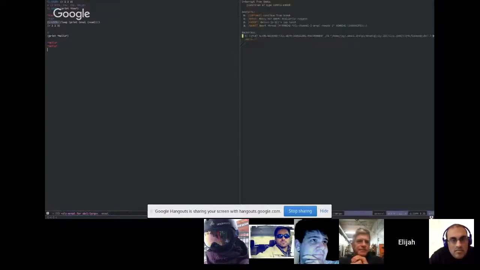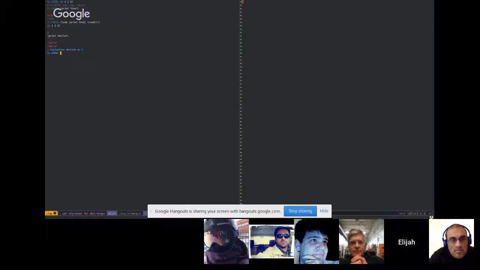Let me break out of that real fast, because remember, it's an infinite loop, and I didn't actually provide a way of escaping. But the important point is that this right here is actually the fundamental REPL. It's a read, evaluate, print loop. And the thing that makes this possible to express so concisely is this fundamental property in Lisp, which is that code is represented as a data structure. So if I just call the read function on its own,